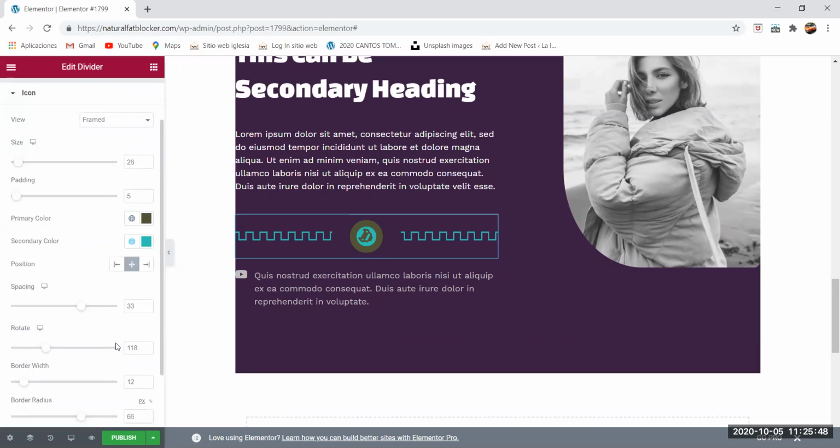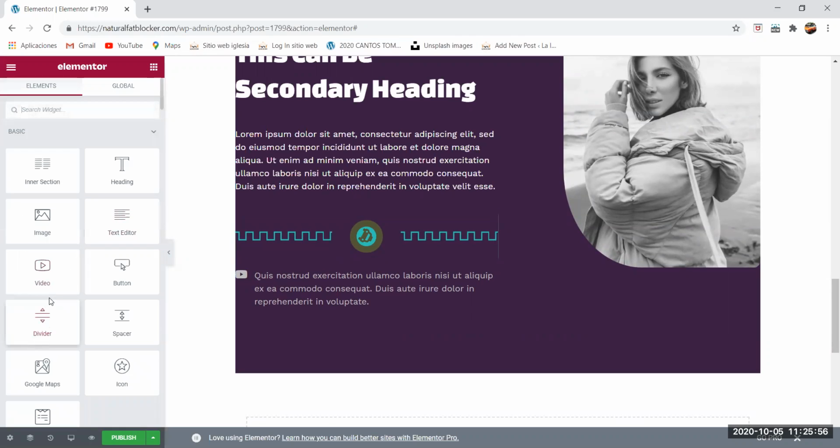A pretty cool feature. You can make your website a little more pretty, add in a divider. And that's all there is to it. On this video, what we did, we saw how the divider